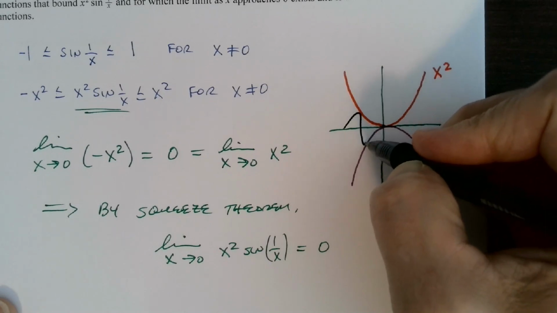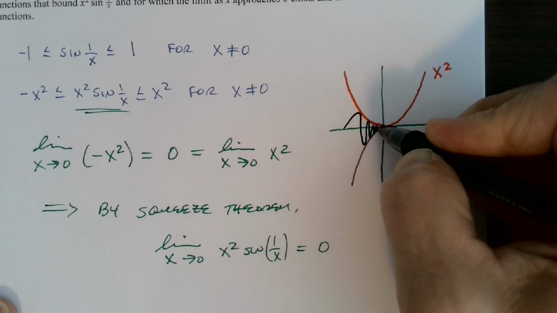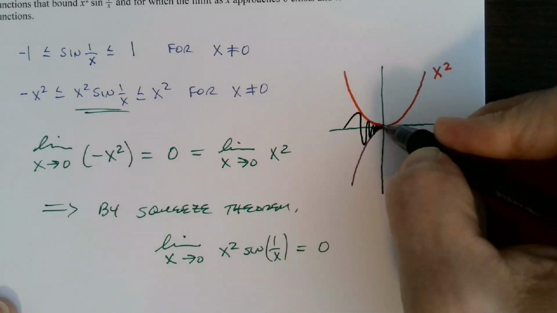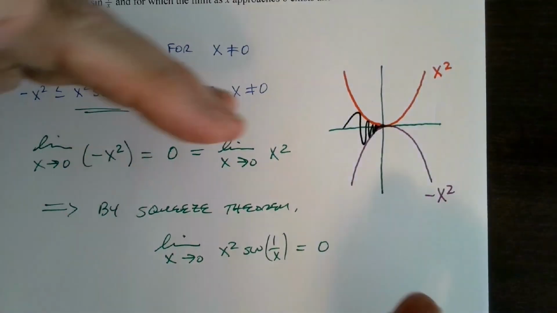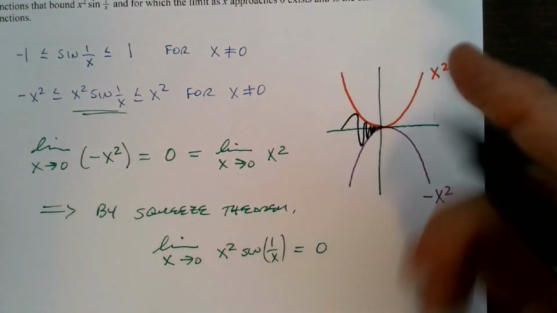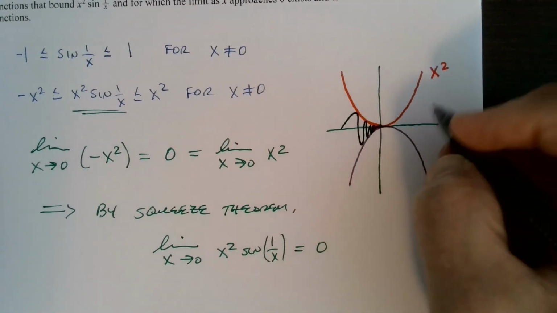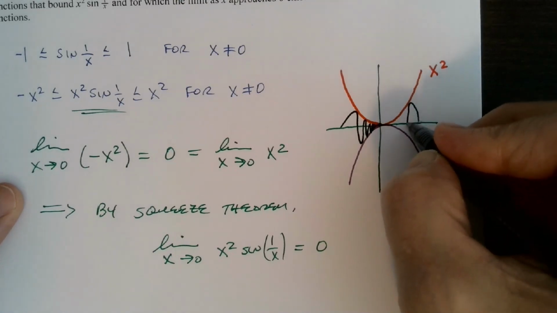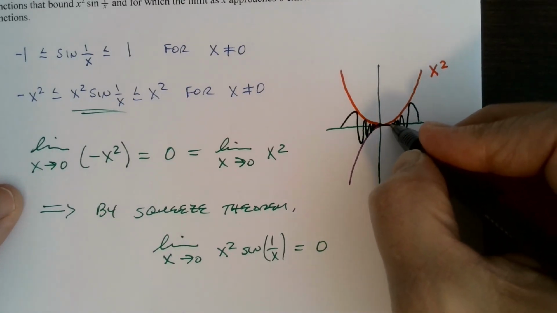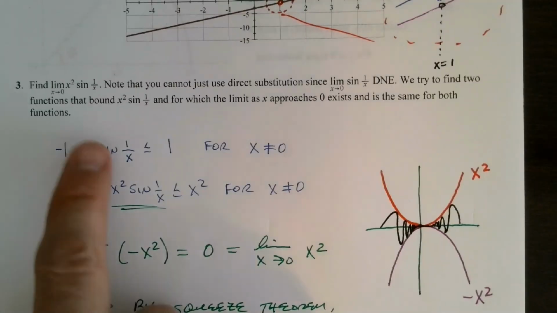Remember that the sine of 1 over x begins to make this thing oscillate back and forth very rapidly. But the problem is it's getting squeezed down at the same time, so even though it's infinite oscillations, it's not going between -1 and 1 anymore, right? The amplitude is getting smaller and smaller. It's approaching 0. As we bounce back and forth, we're getting squeezed down to 0. And so that is how we can use the squeeze theorem to find a limit of a function that we could not necessarily use